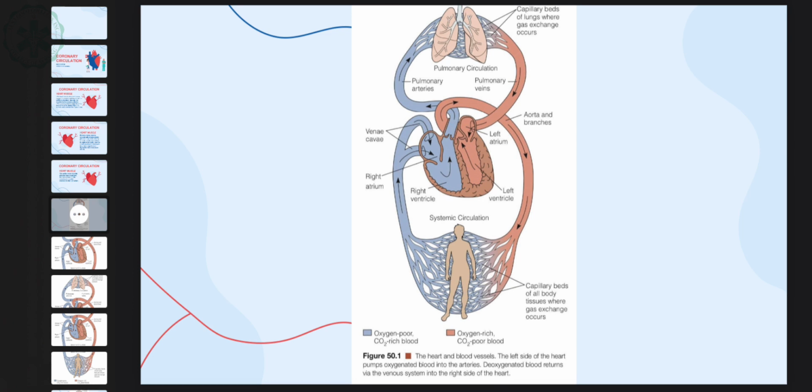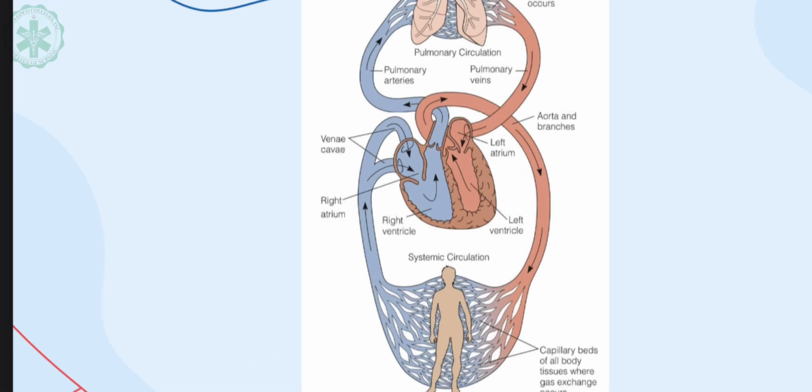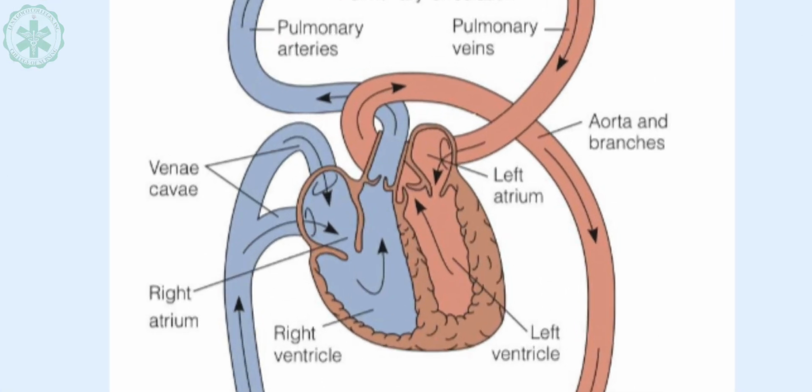The heart and the blood vessels. The left side of the heart pumps oxygenated blood into the arteries. Then the oxygenated blood returns via the venous system into the right side of the heart. So right over here, I have the pathway of the unoxygenated blood to the right side of the heart. From the superior vena cava to the right atrium, the tricuspid valve, down to the right ventricle, then